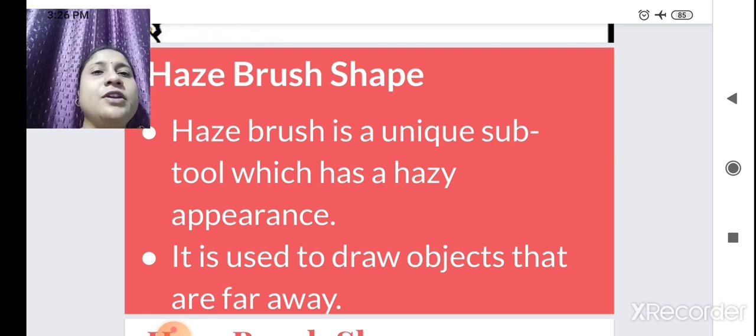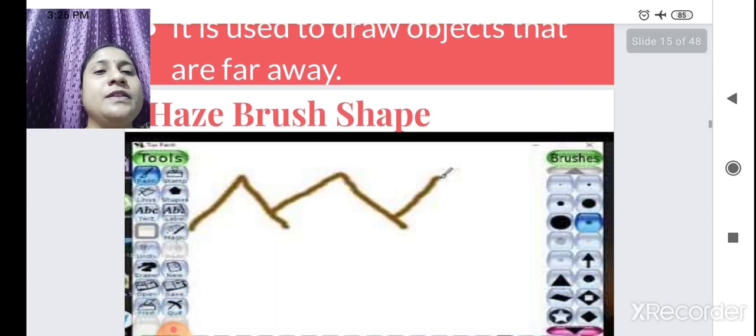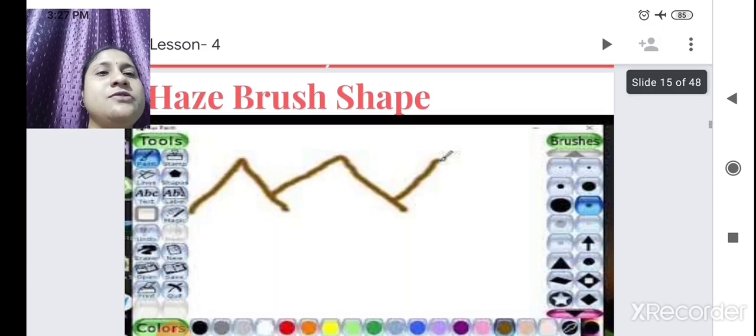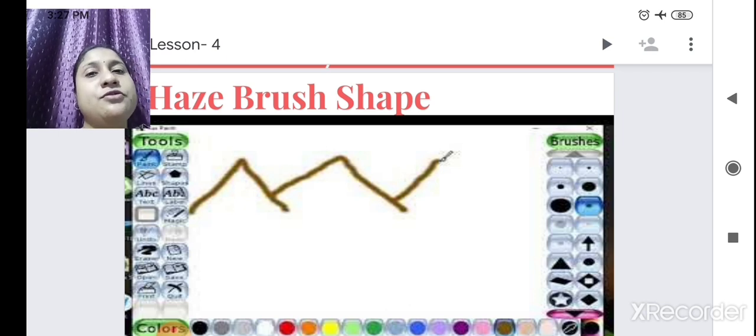By using this brush you can give that to your drawing. It is used to draw objects that are far away. See here, a mountain is drawn, and it gives a hazy appearance, meaning it is far away from us. So different brushes are used to give different effects in your drawing.